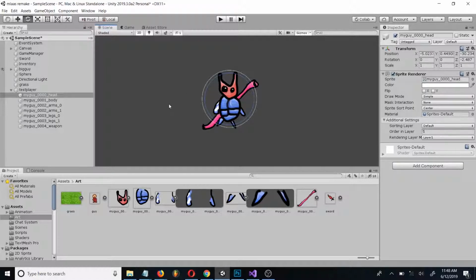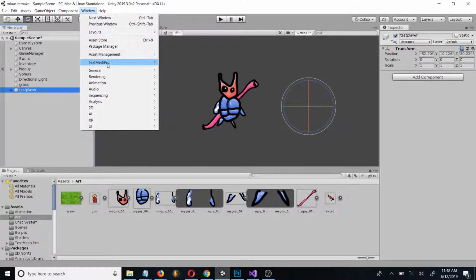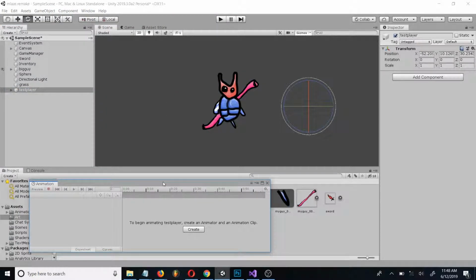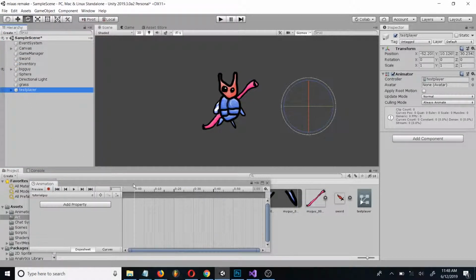Alright, so now we're going to animate this guy. So we're going to click the test player, go up to window, animation, animation. And then hit create. So you can name this anything you want. We're just going to name it tutorial guy. Save it. And now the easiest way to animate is to hit this record button, go over to your test player,